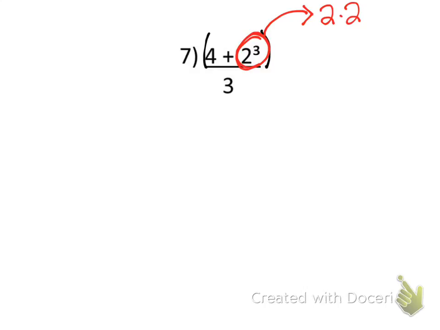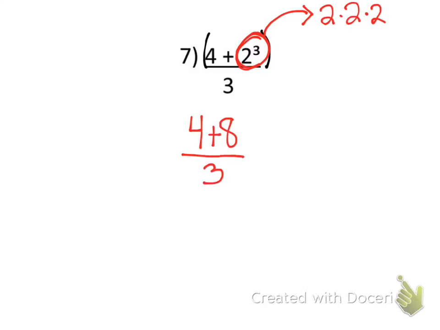Don't tell me 6. My first class kept saying, oh, it's 6, it's 6, it's 6. It's not 6. If I wanted you to get 6 as your answer, I just would have written 2 times 3. That's not the same as this, okay? It's 8 because you have to do 2 times 2, which is 4, times another 2, which is 8. So the top is now going to look like this, 4 plus 8, and then I still have the whole